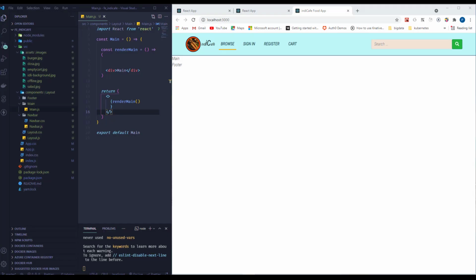Welcome back. In the last few sections, we have spent some time building up the navbar. We have a fairly good looking navbar right now, and we'll shift our focus now to the remaining two components of the layout, which is the main content and the footer content. So let's head over to the main content, and in here we have a simple render, which essentially renders